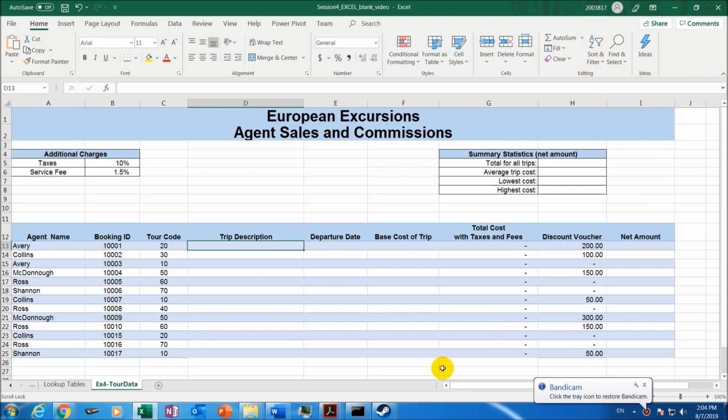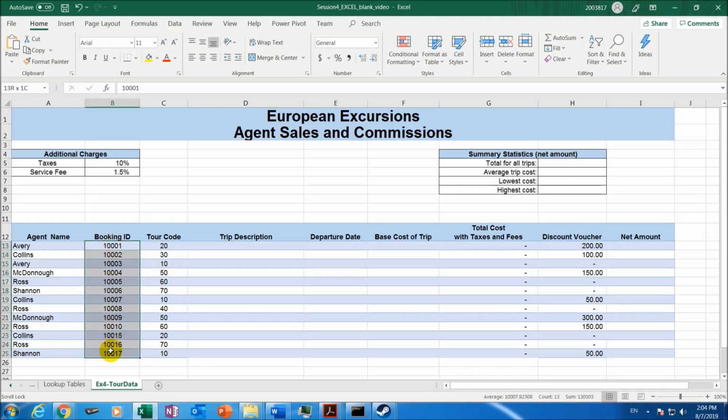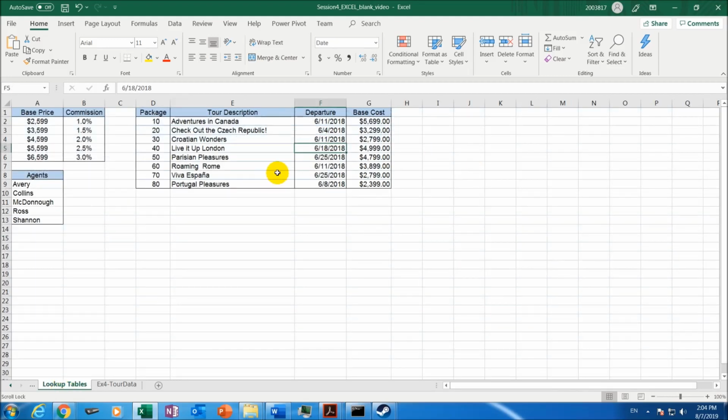Welcome to this video where we will show how to complete Ex4-TourData. So here we have a list of bookings, and for each booking we know the tour code, but we need to fill in the trip description, departure date, and the base cost of the trip based on the tour code. Now we actually have a worksheet called Lookup Tables, and if you switch to that worksheet, you'll see that